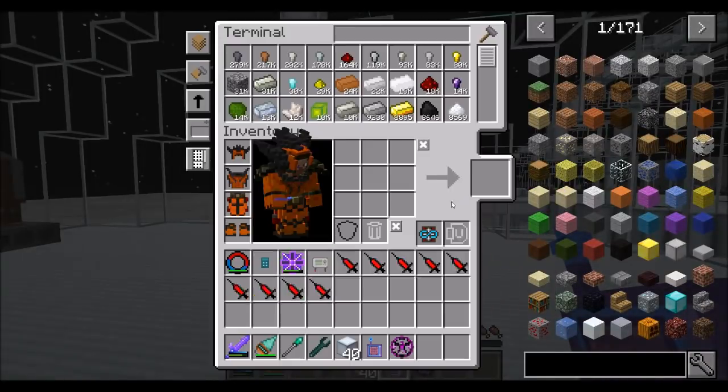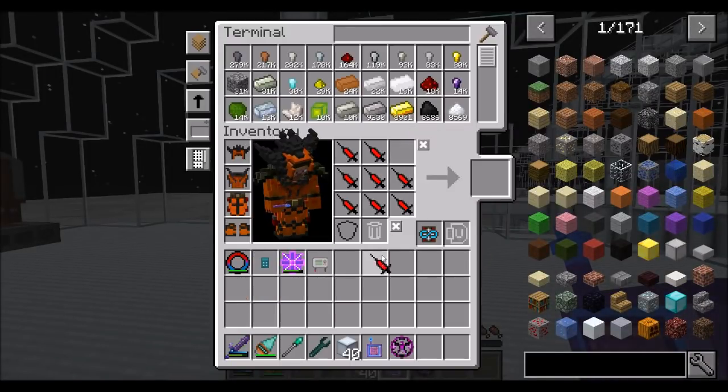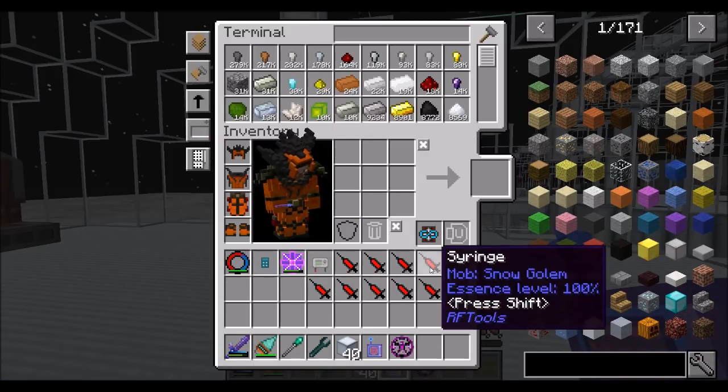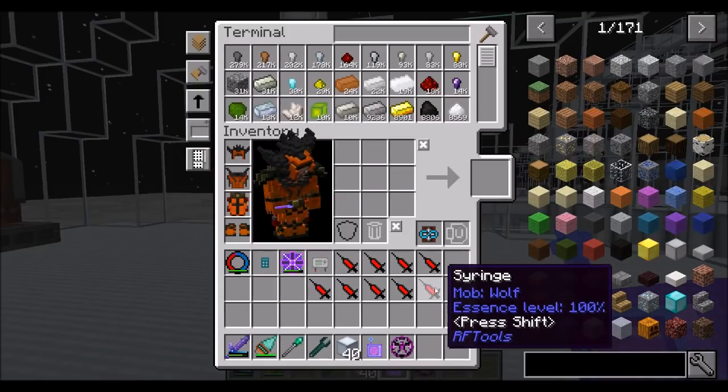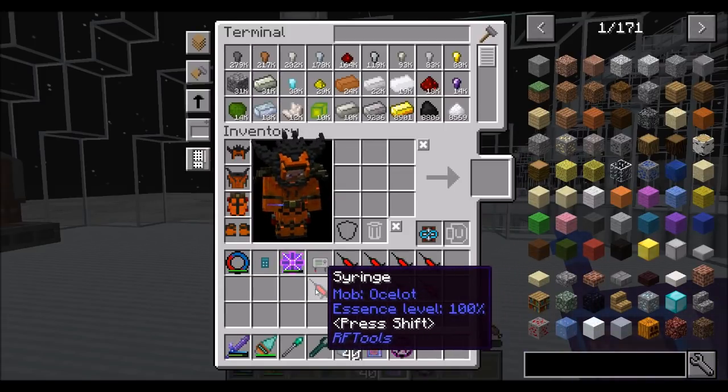It means that I can craft a peaceful upgrade. Except that I need to put them, I think, in the right order. So shift-clicking them in, because they're all the same item, the shift-click doesn't always behave. So it's villager golem, enderman, snowman, right? So villager golem...